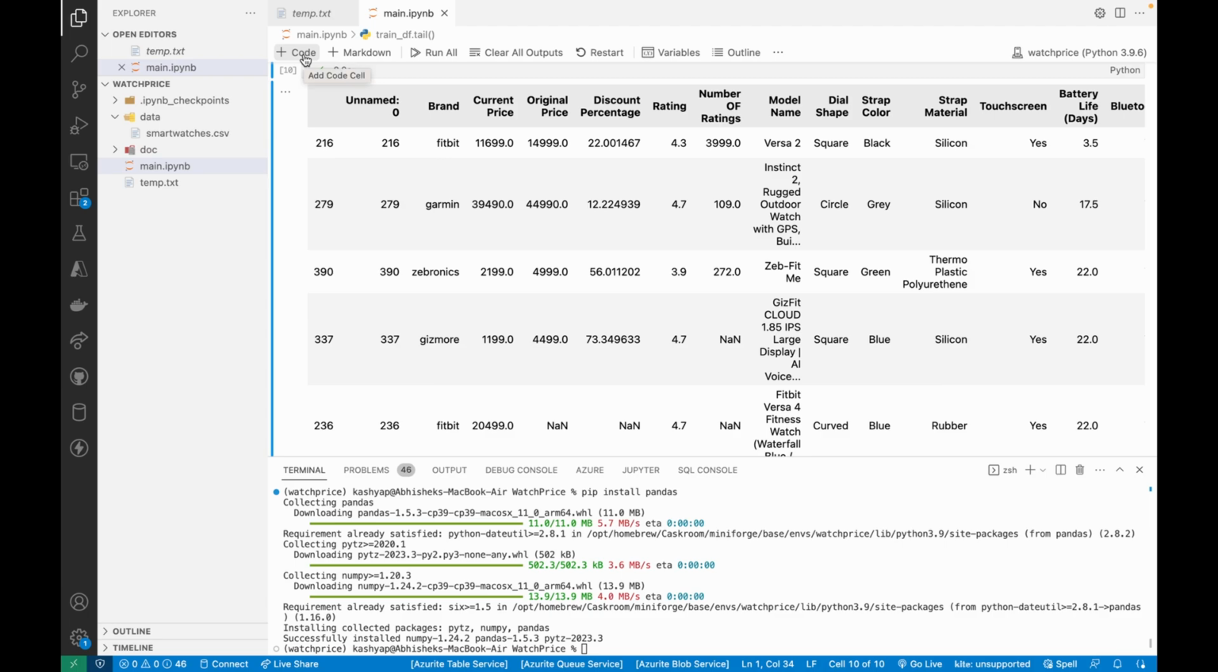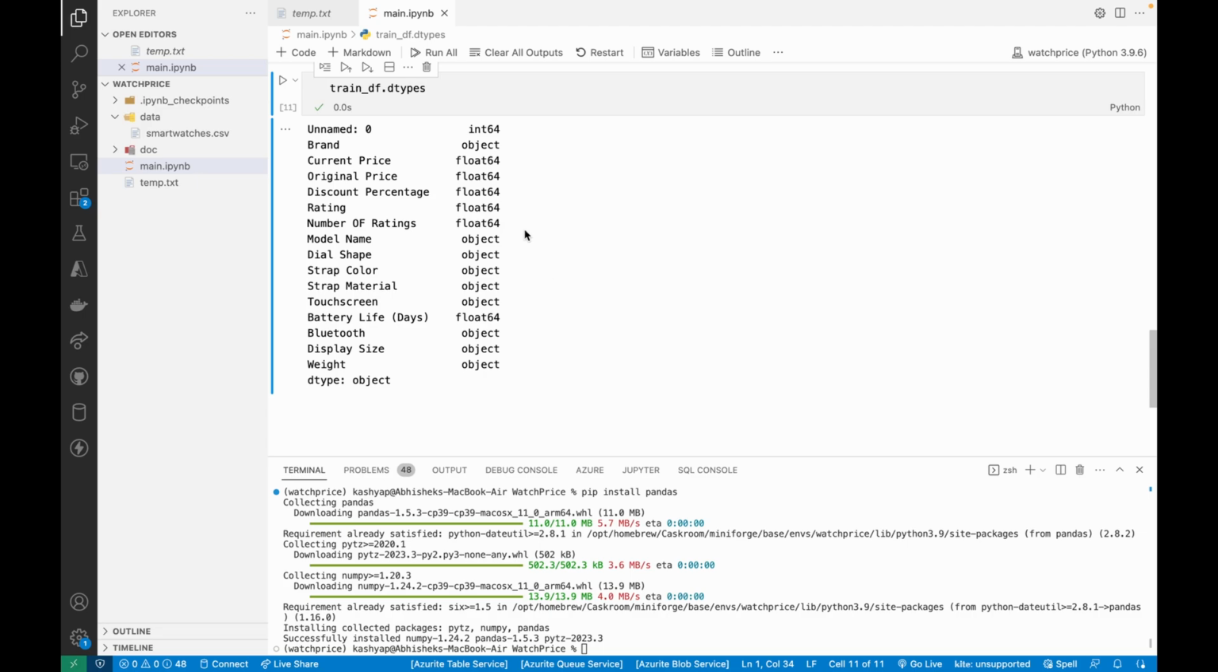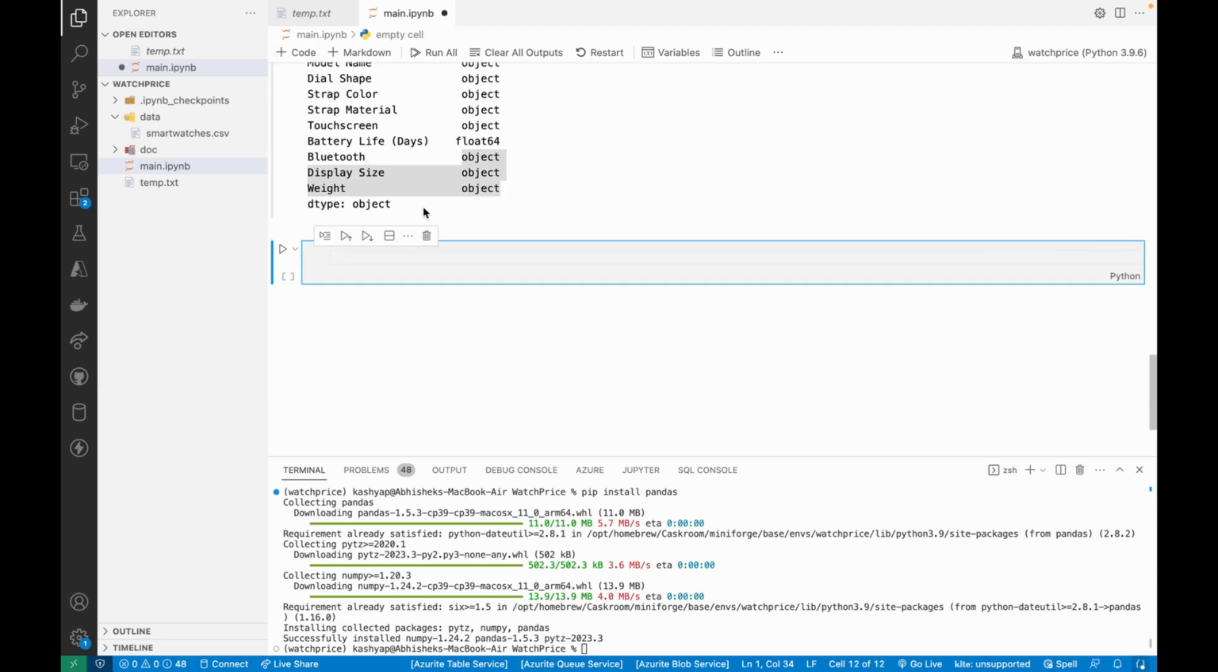Now after this, we will find out what data types are there. As you can see, there is one integer value, Unnamed, which we are going to remove. Then we have some float value, float64, and then we have some object value. Object value is basically a string value. And then after this, we try to see what the